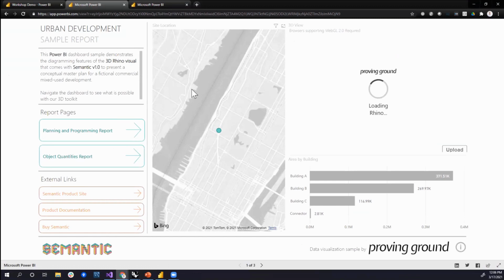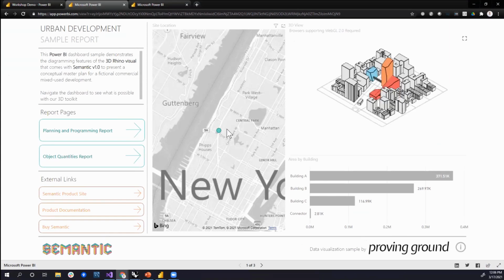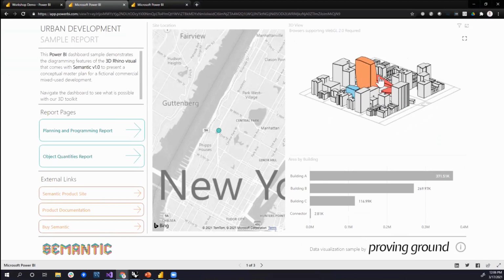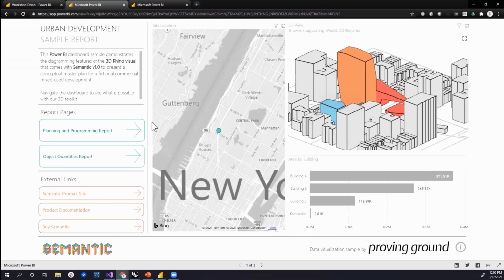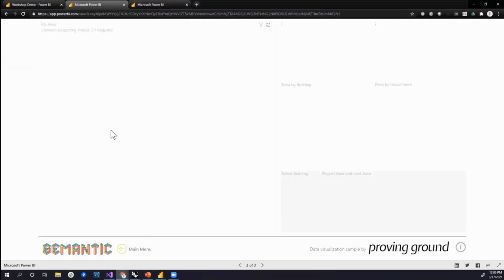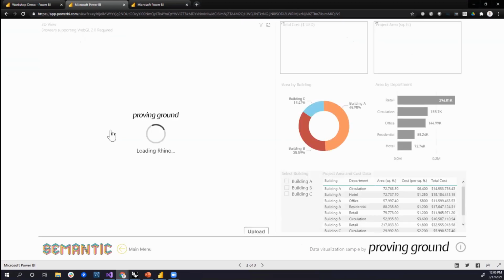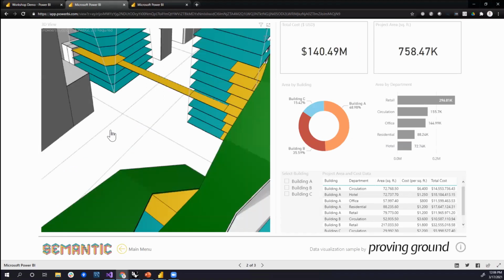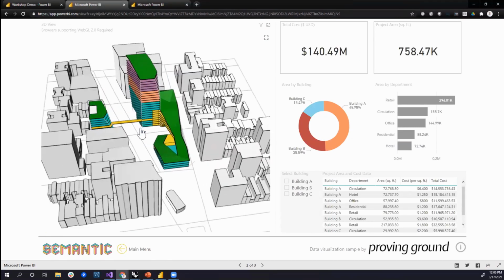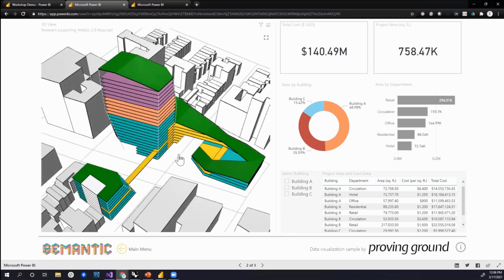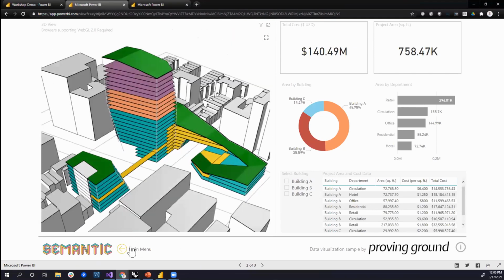This is a Power BI visual for a map viewer, showing the object, the location of a hypothetical project. Here's some massing information rendered. If I go to a planning and programming report, it'll jump me to another tab and show me the type of floor plate programming style that I've been showing. And then there's also a